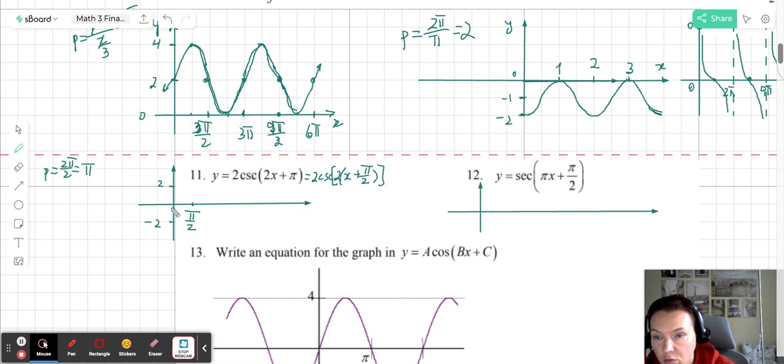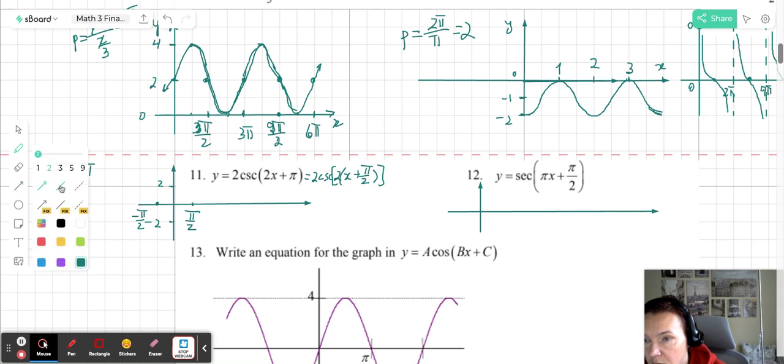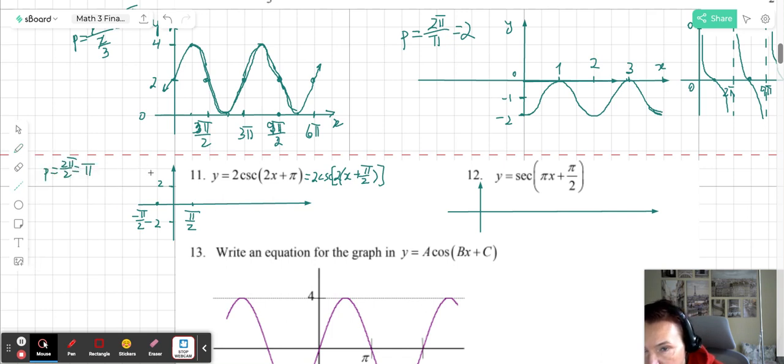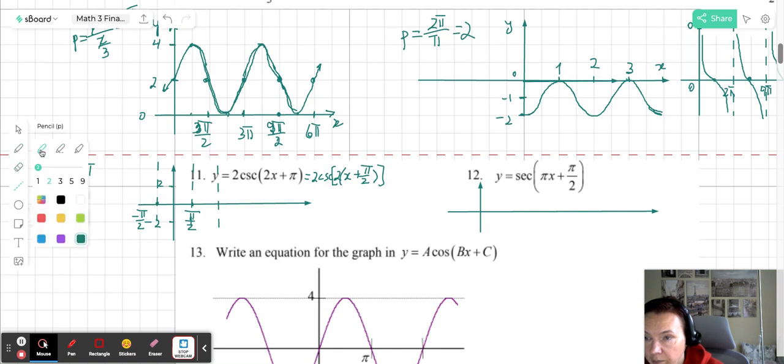So pi over 2 is one asymptote. Another asymptote is going to go through 0, because 0 divided by 2 is still 0. And then we're going to have another one that goes through negative pi over 2. So that's how our asymptotes are going to go. Negative pi over 2 is this one, pi over 2 is over here, this 0 is over here. You will have another one going through pi, right? So they should be about the same. So the points are actually going to be over here,